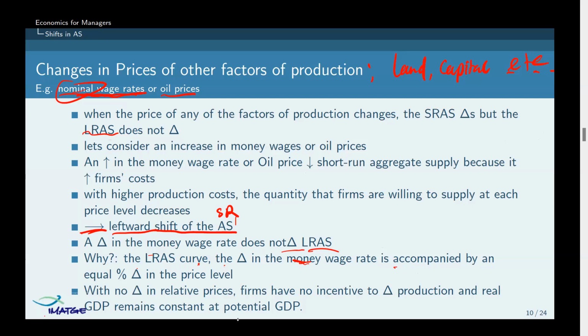Recall what we said on the first bullet point on the slide. We said that when the price level or any of the factors of production changes, short run aggregate supply is the one that is affected, but not